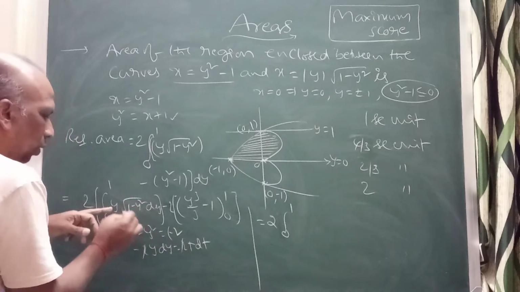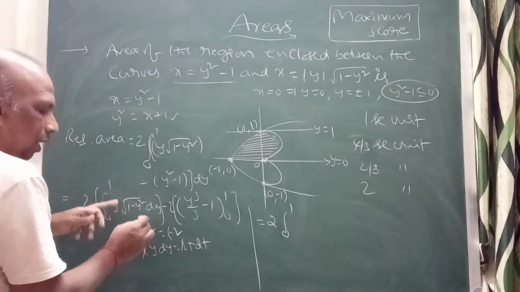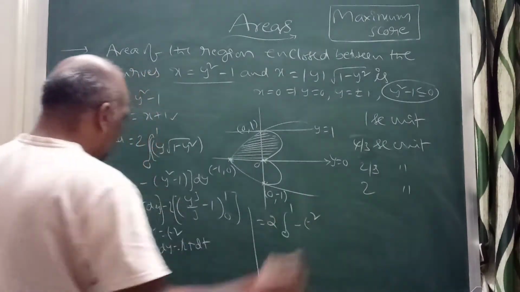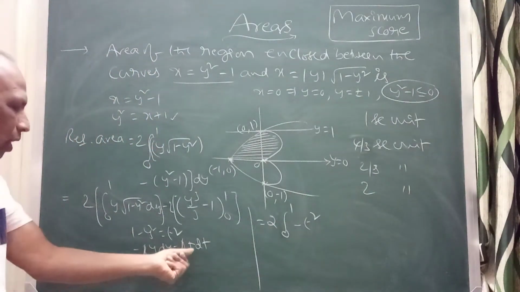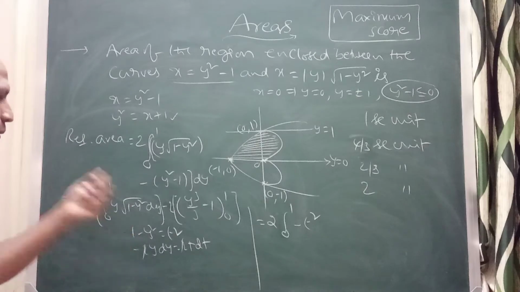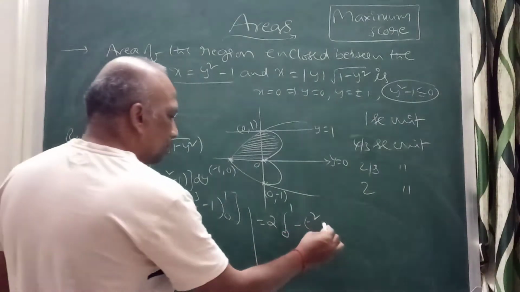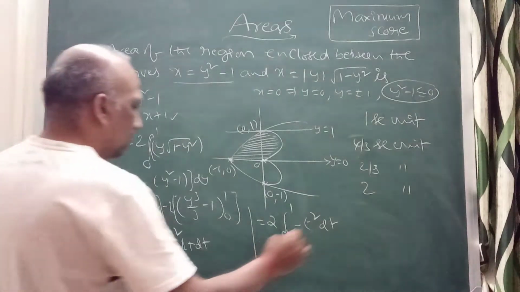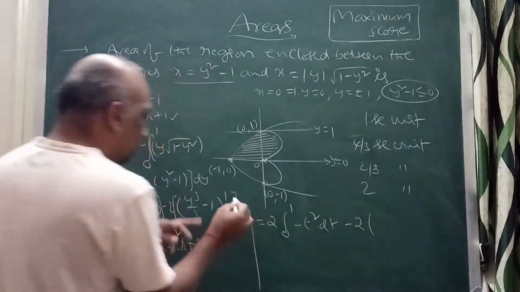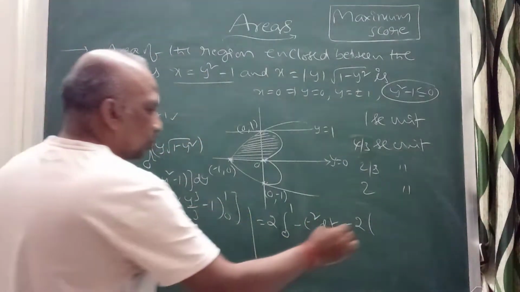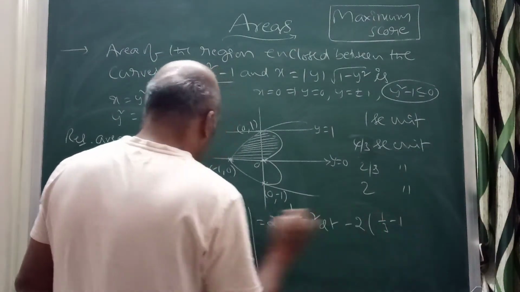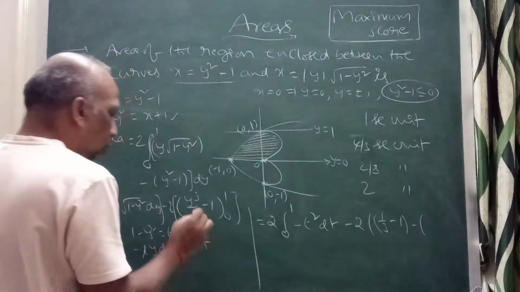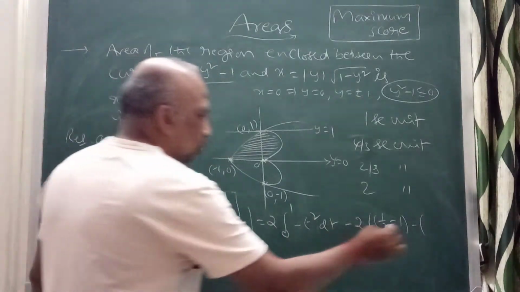So again this is root of t square, it will be t. Correct. This will become t. You will get minus t square. Observe here, this is minus t dt. This is t. You will get minus t square dt. It will become minus t square dt, minus 2 into apply the limit 1 by 3 minus 1. 0 means it will be again 1 by 3 minus 1, lower limit of apply 0 minus 1.